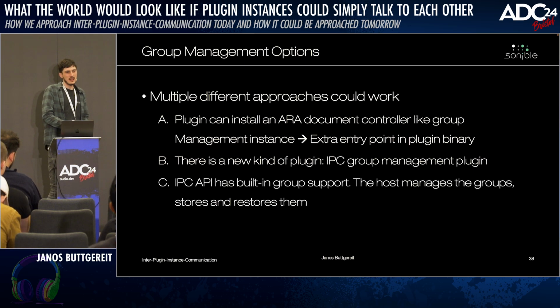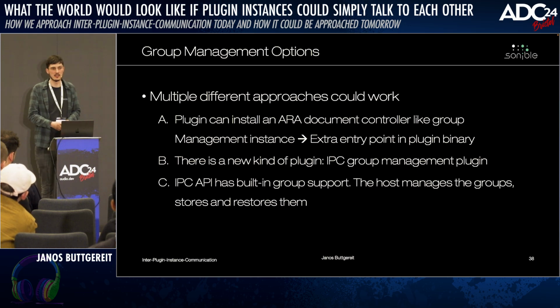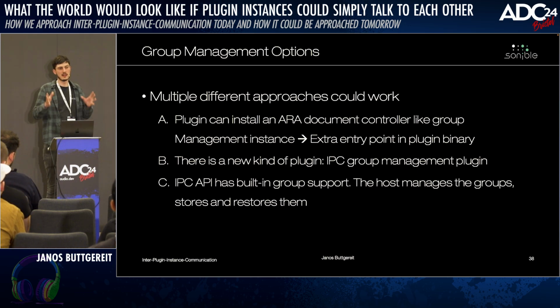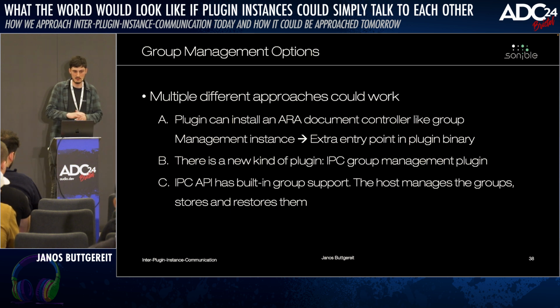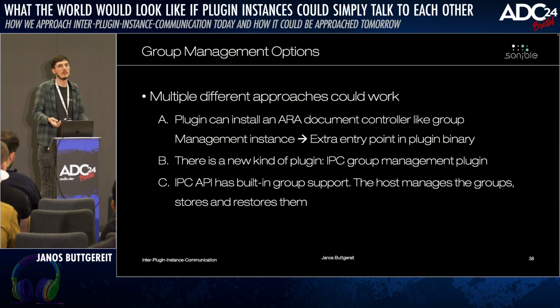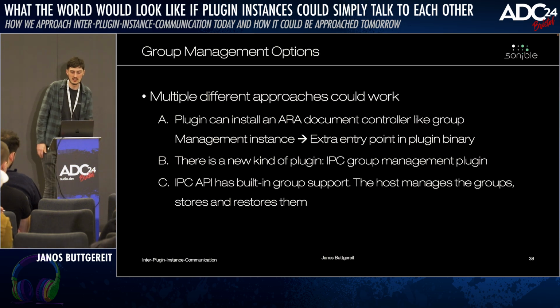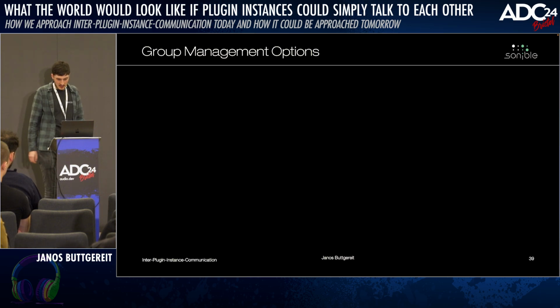And the one that I maybe like the most is that this API just defines a set of how to create groups. So you can just ask the host, can you please create me a group, maintain this group, restore this group. No matter how you do this, you have to do this. And then the host takes care of serializing the state of this group, restoring it, and making sure that when entities come up again after restoring a session, they have been assigned the very same identity as before. So, yeah, these are options.